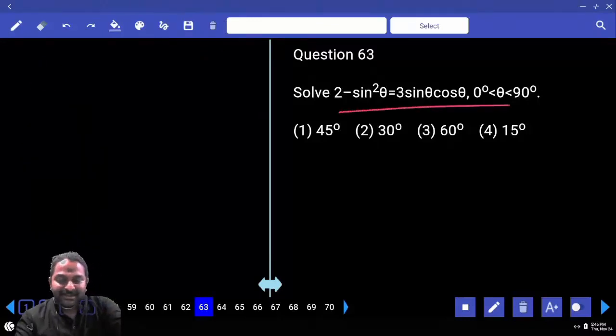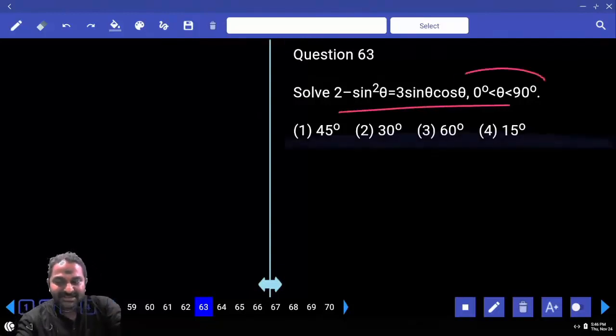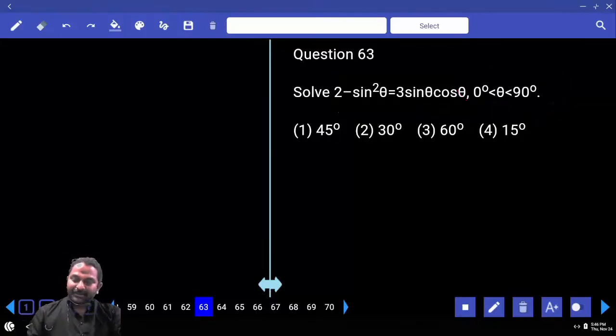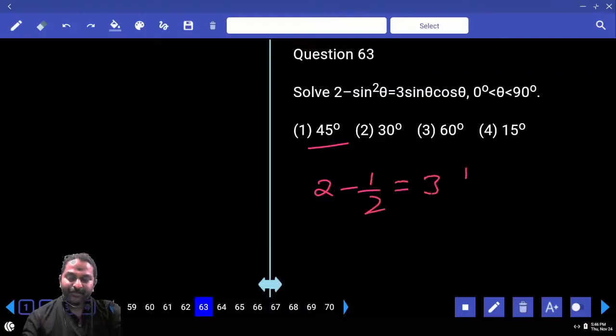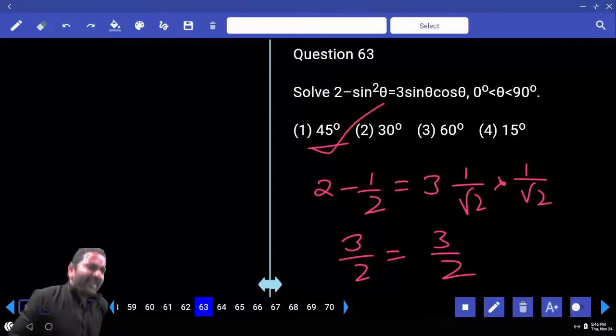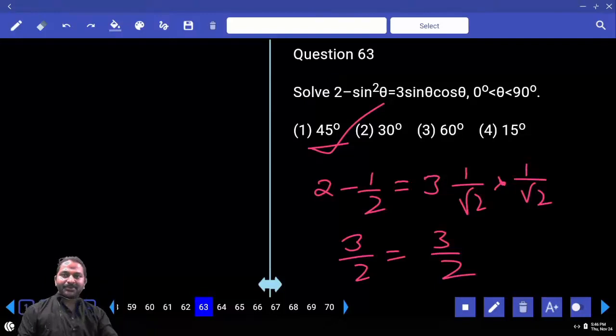2 minus sin square theta is equal to 3 sin theta cos theta, and we were asked to calculate the theta value. So how do we do it? Substitution. And the first option itself is the final answer. 2 minus sin square 45, 1 by 2, equals 3 into sin 45, 1 by root 2, cos 45, 1 by root 2. Left hand side 3 by 2, right hand side 3 by 2. Both are equal. First option is the final answer. Whenever we are asked to calculate theta value or x value, substitution is the best approach. Okay, now